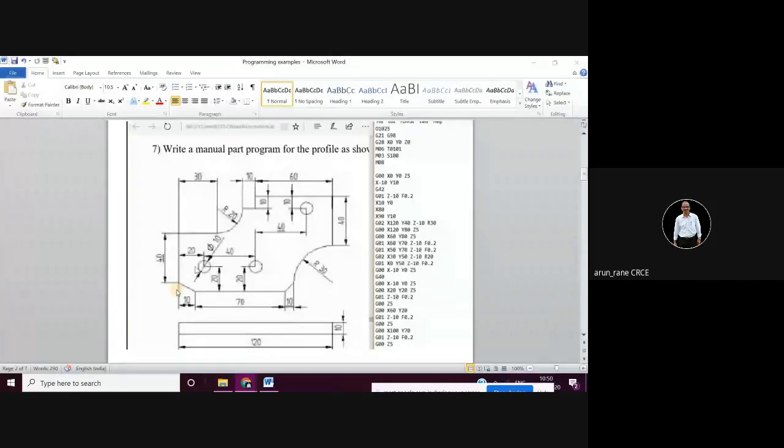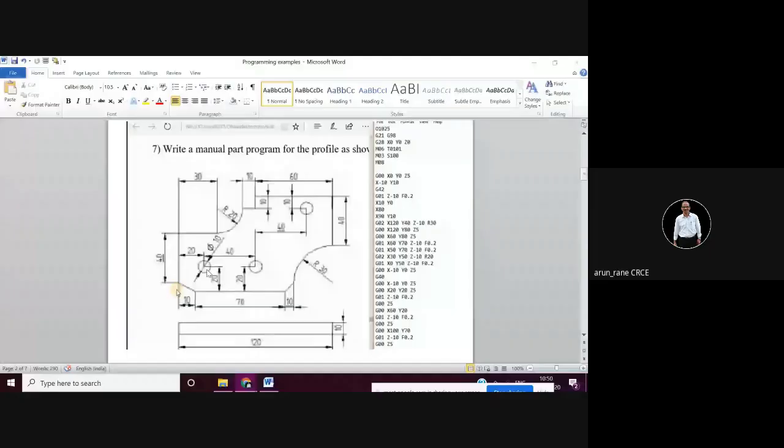So they are using the same end mill for drilling, which is not correct, which is not possible practically. A diameter 10 end mill they are using for external profiling, and the same end mill they are using for drilling. You cannot use an end mill for drilling, but here it has been done like this.